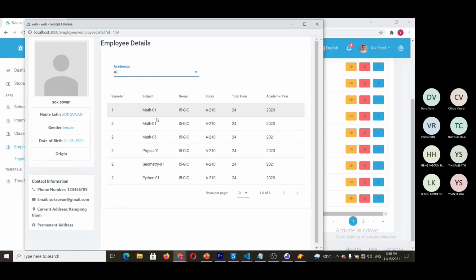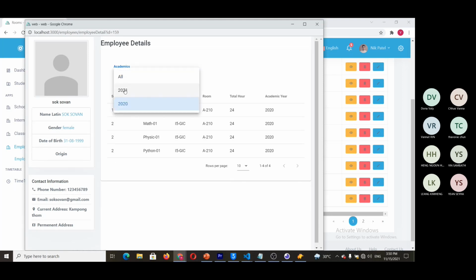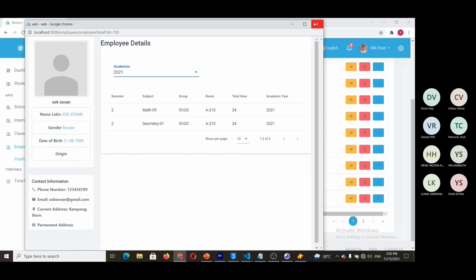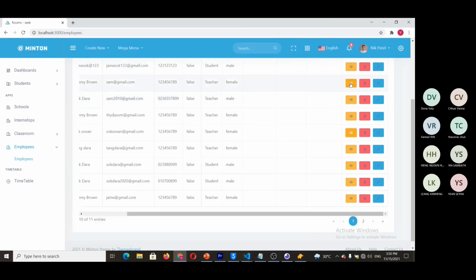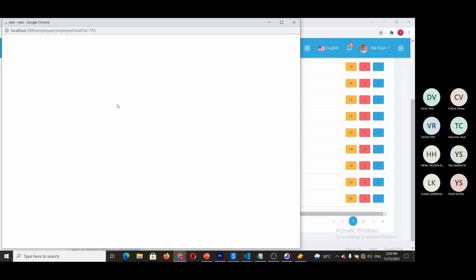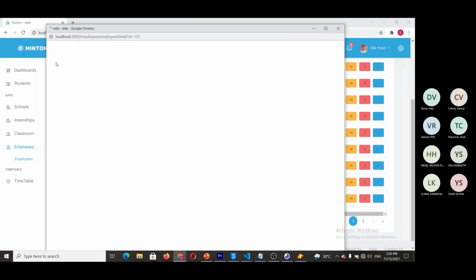And this data is filtered, but this is just fake data because we haven't fetched this data from the other service, the employee service. So it's just fake data. All of this will show the same, but it is filtered by the academic year. Okay, wait a bit, it's a little bit slow.